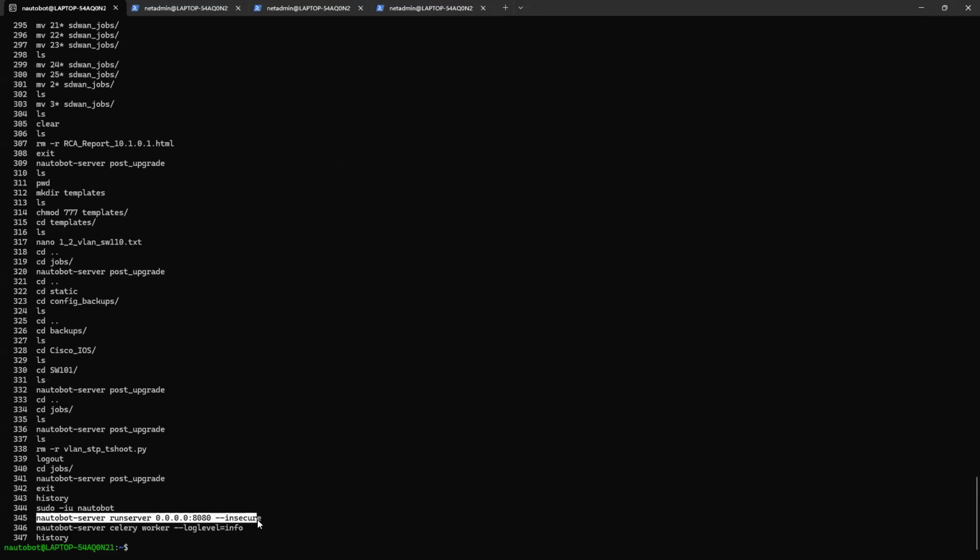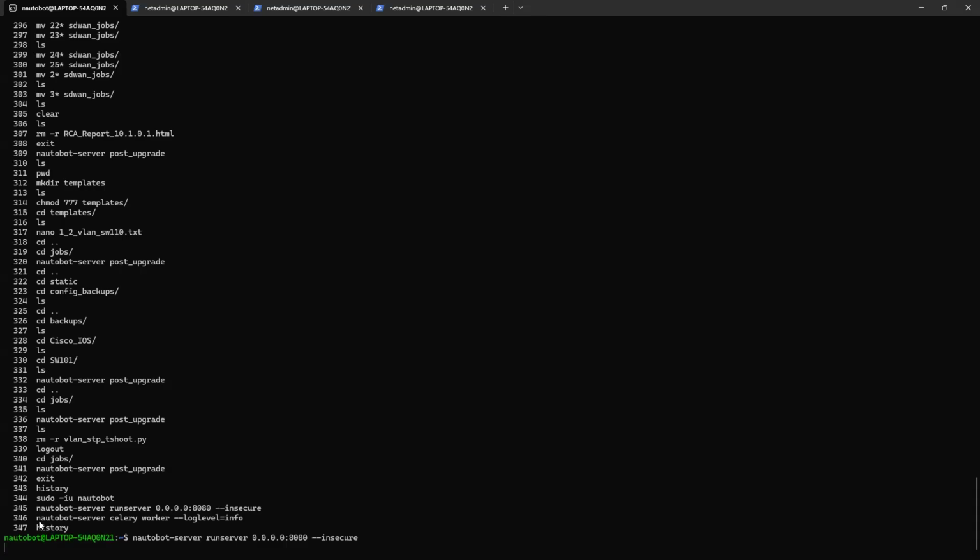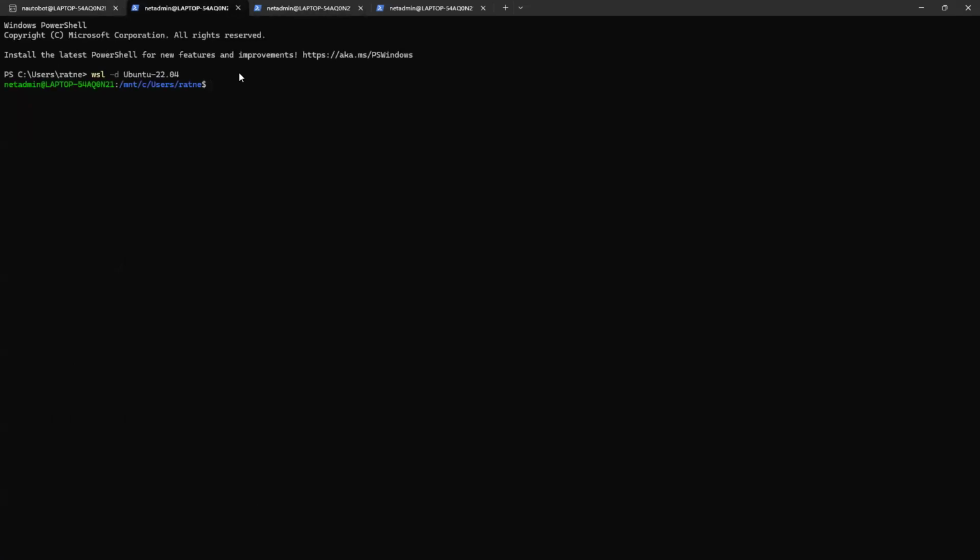All right, so let me check the history of configurations that I need to run this in my local system. So this is the command that I need to run, and this is the worker, because this is in my local system.